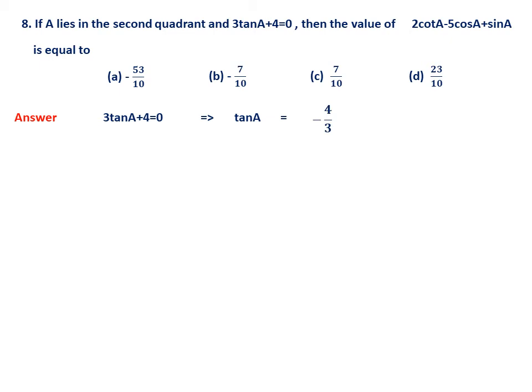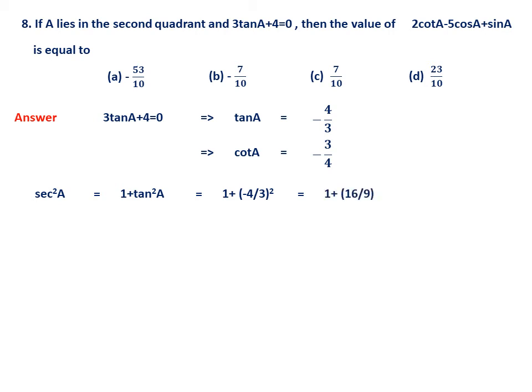This is one important thing. Second one, you should be very careful in calculating the remaining ratios, especially with respect to sine, because A lies in the second quadrant. That is very important. So now, when tan A is minus 4 by 3, definitely cot A is its reciprocal, minus 3 by 4. No problem, because cot A is required. Then cos A is also required. First I will find secant square A. We know that secant square A is 1 plus tan square A. Therefore substitute 1 plus minus 4 by 3 whole square.